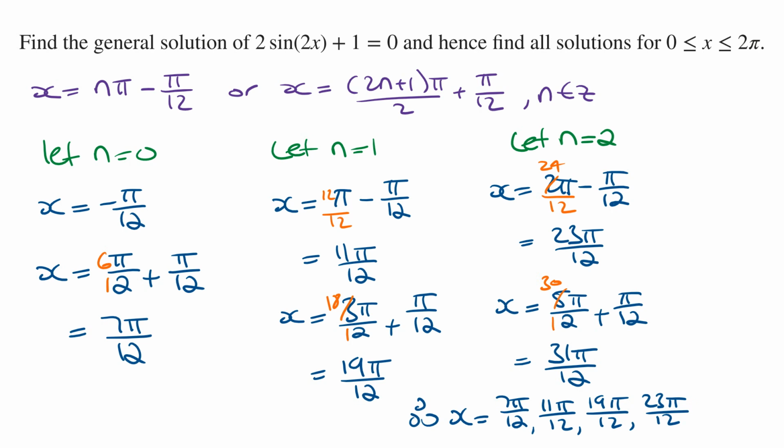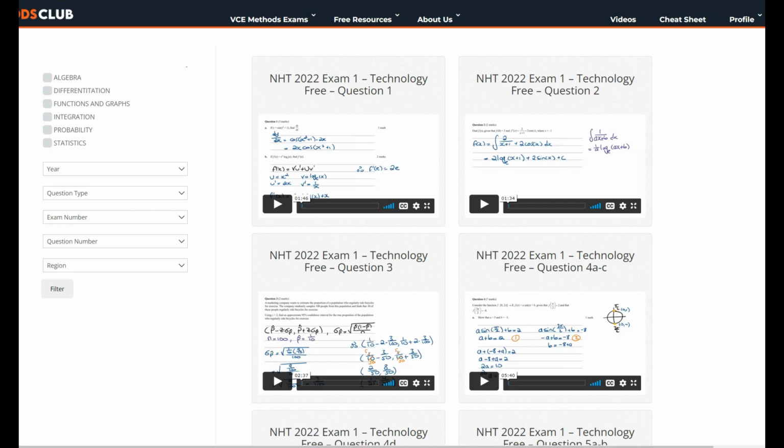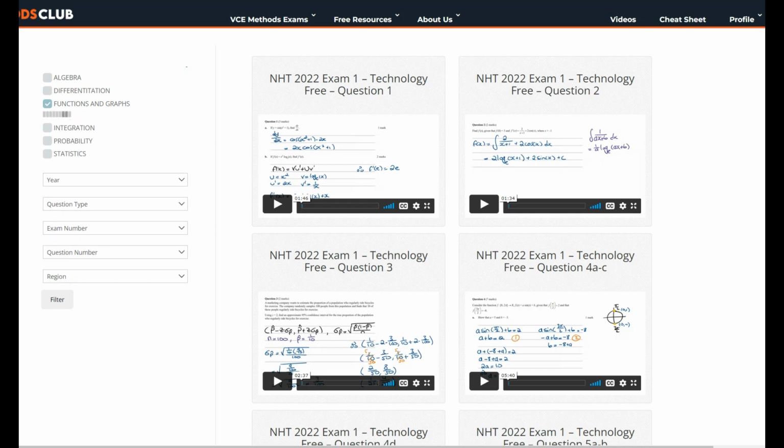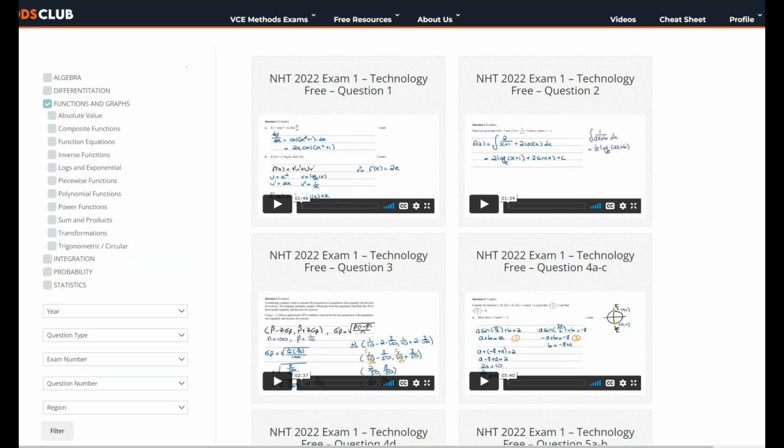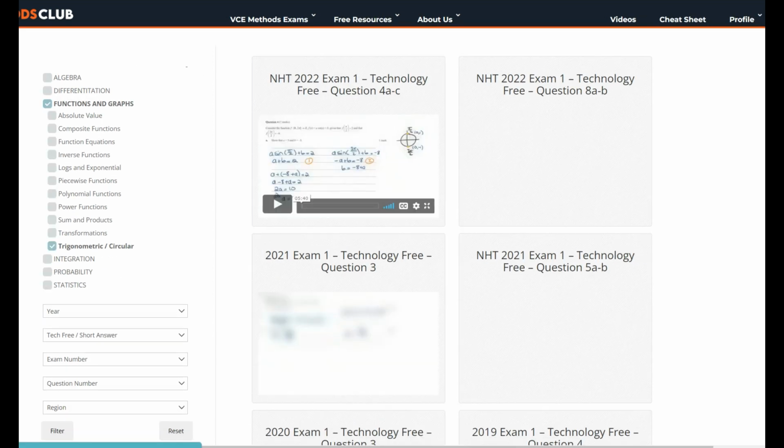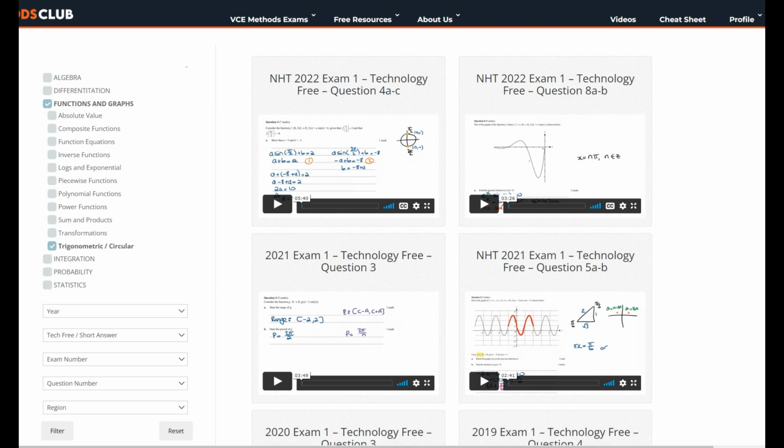And now that you know how to answer this question, you should be able to answer the Maths Methods exam question in the 2021 exam. To do this, just log into the Maths Methods Club, and from the main topic, select Functions and Graphs, and then from the subtopic, select Trig or Circular Functions. From the question type, select Tech Free and then click on Filter. This is then going to instantly group all the past Maths Methods exam questions, asking you questions related to trig